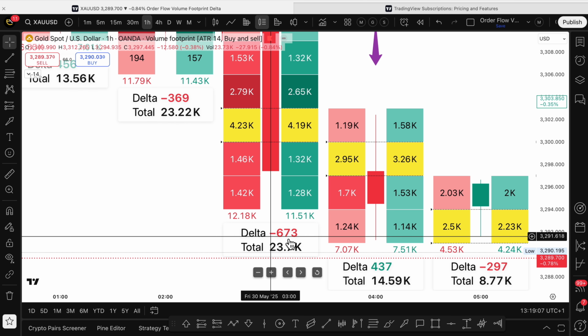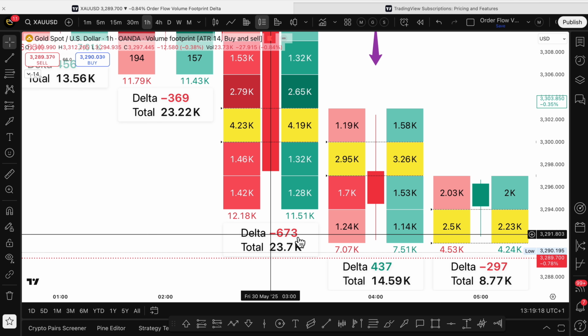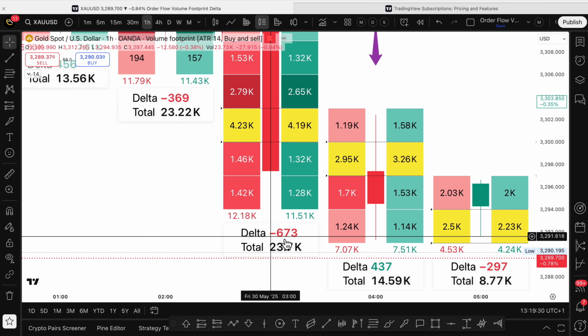So we'll talk about delta now because this is very important. The delta is the difference between, in this case, you had 673 more sellers than buyers. So you had 12.18k sellers, 11.15 buyers. That gives you a delta of minus